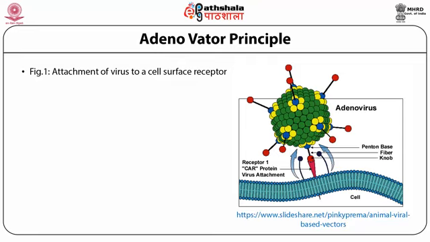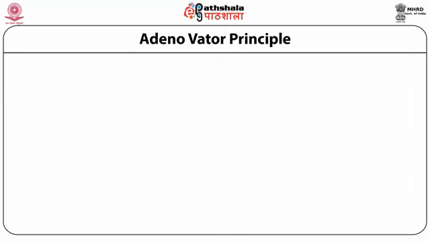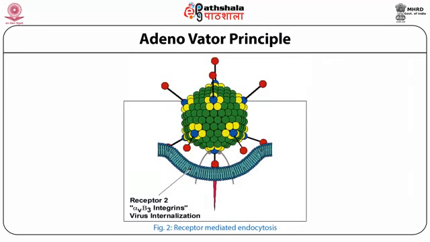As you know the structure of the virus, there is the penton base, there is one fiber, there is one knob. All these proteins are generated by various genes, and receptor 1 is the CAR protein, which helps in virus attachment, through which the virus gets entry into the host cell. Then there is receptor number 2, which is integrins, and which helps in virus internalization, meaning the virus gets entry into the host cell. So through receptor 1 it attaches to the virus, through receptor 2 it gets entry into the cell, and this process is known as endocytosis.